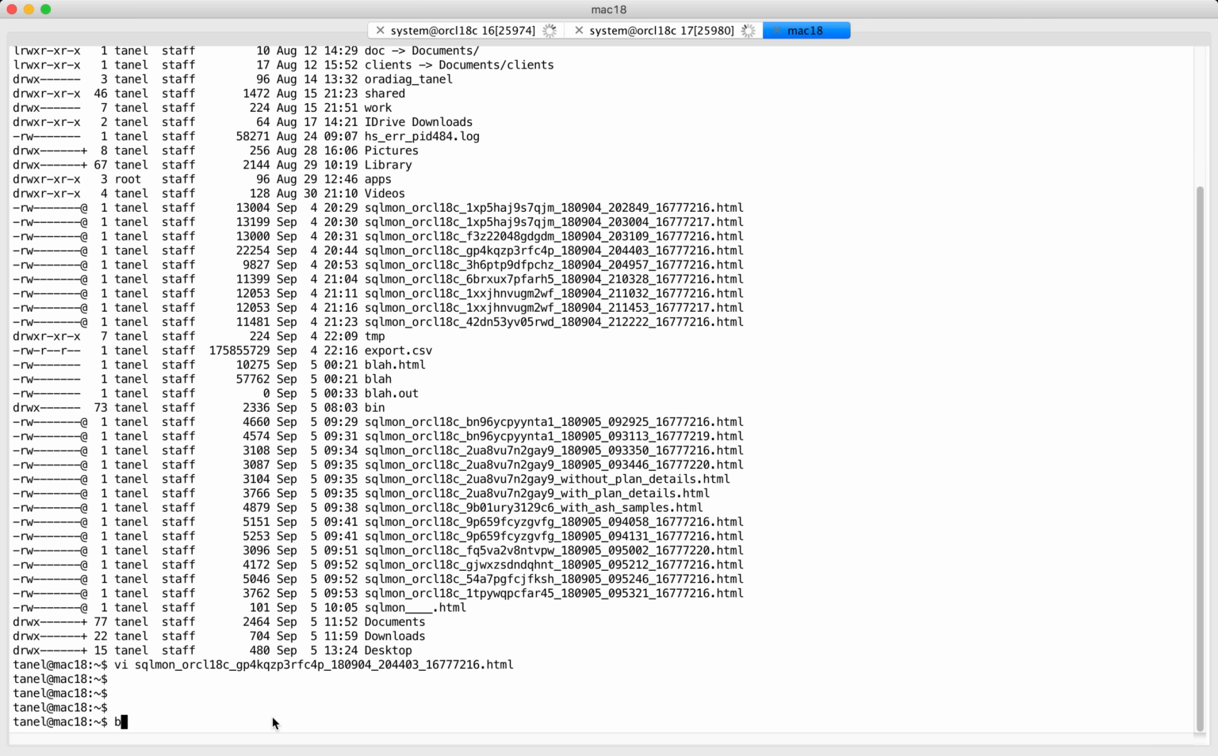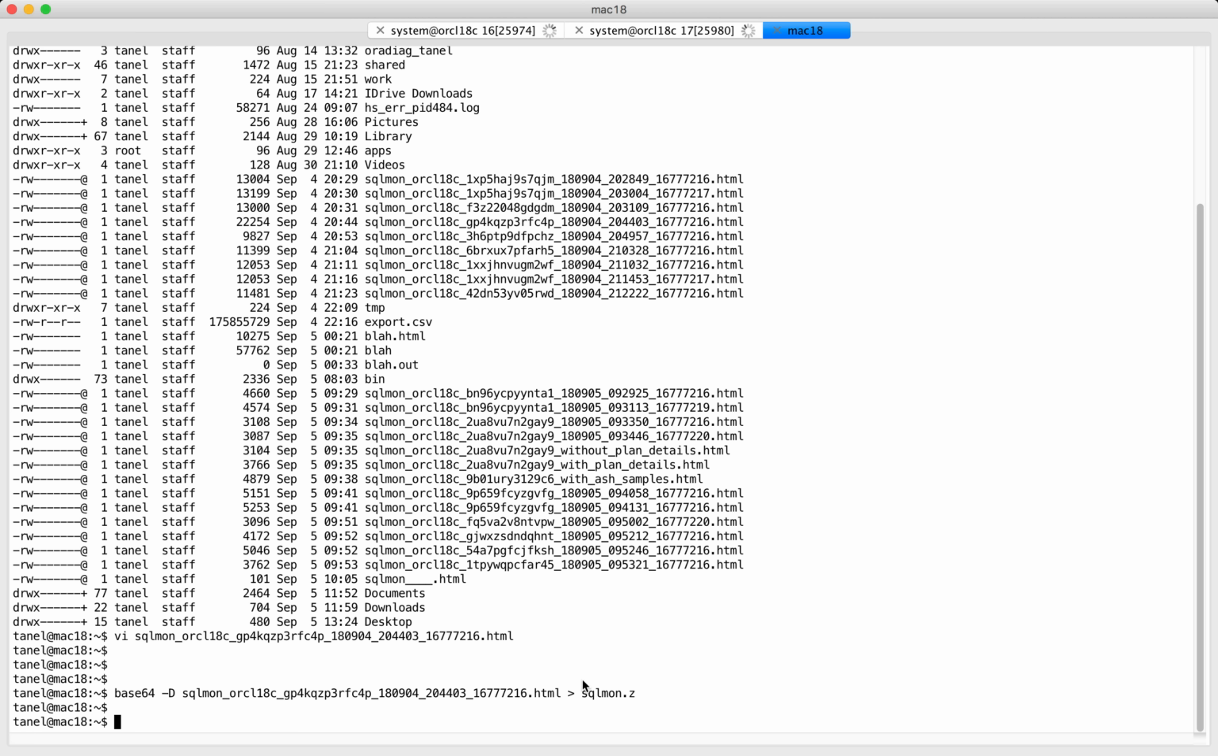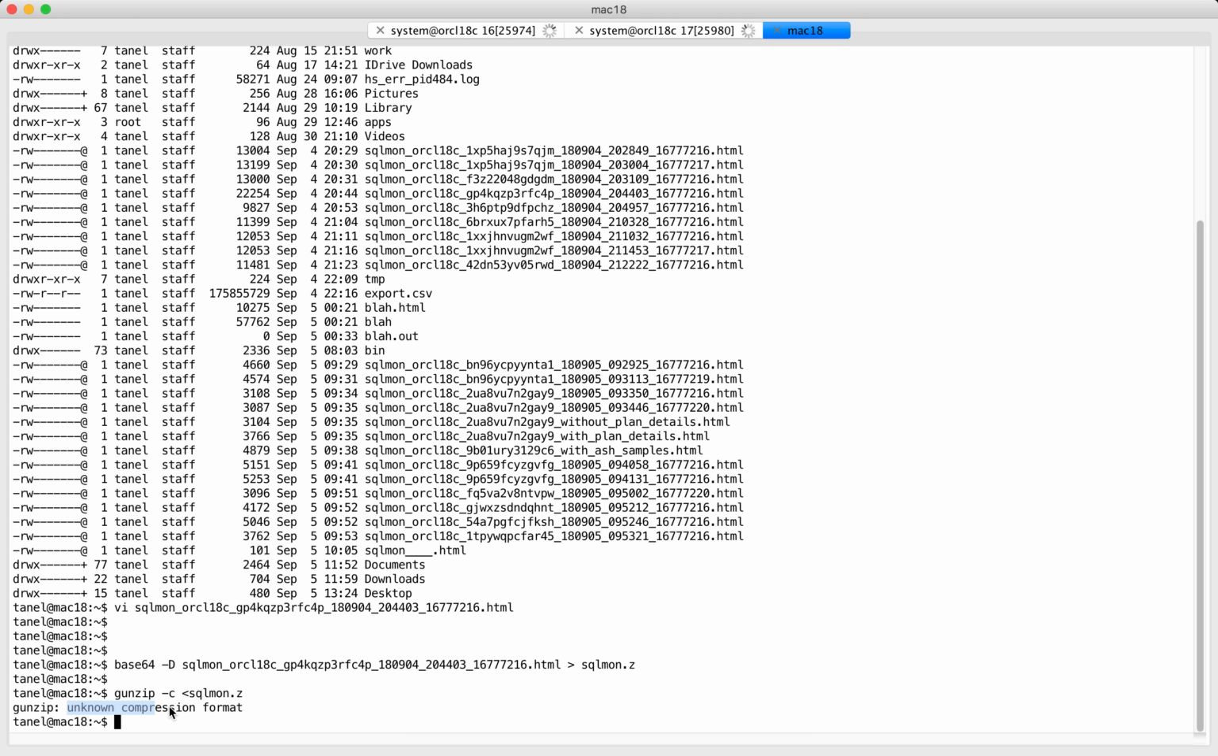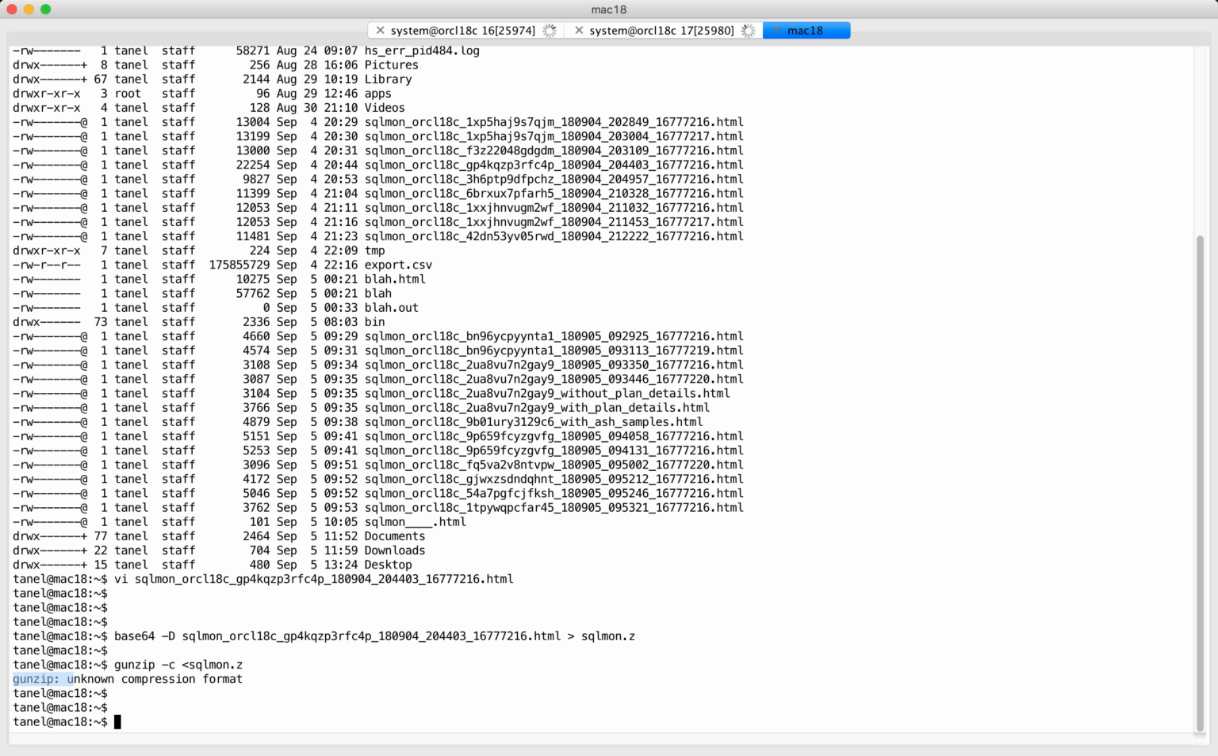And now I say base 64 minus decode this file and put it into, I don't know, SQLmon.z, because it's still zlib encoded, right? So now you could just say, hey, I'm going to do a gunzip of this, but gunzip says, hey, even though gunzip uses zlib under the hood itself, I don't recognize it, because even though it's compressed by zlib, it does not have the gunzip header. But luckily there is a